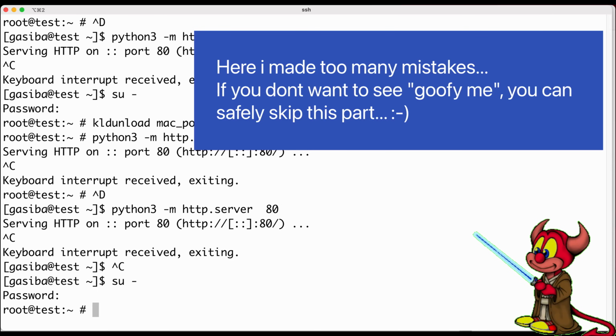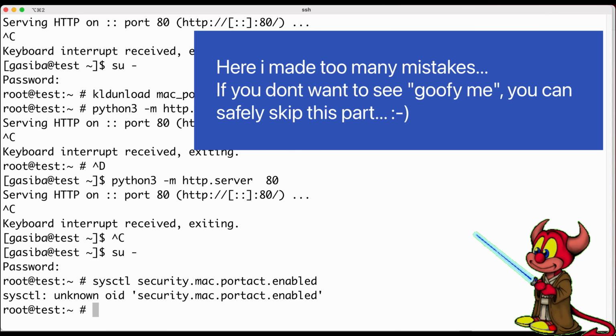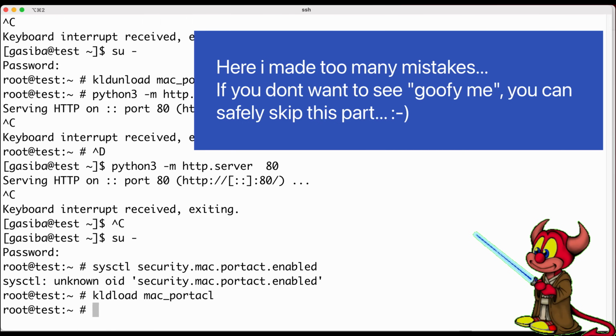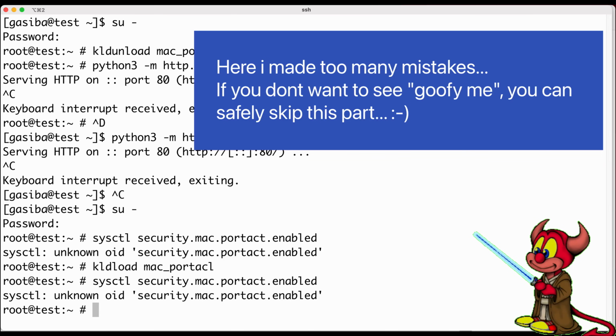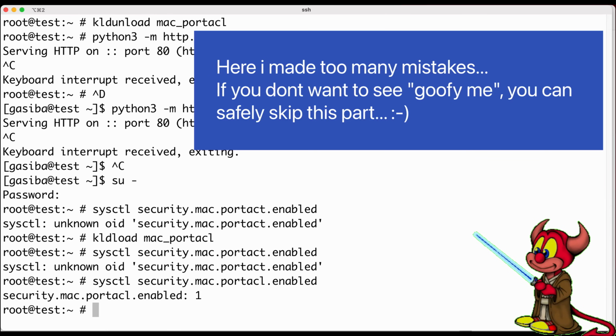So let's try to go back and sysctl security mac portacl enabled, and probably this is unknown. Okay, so we are going to load, kldload mac_portacl. Enabled. Okay, okay, not act ACL. Well, I loaded the module now, so